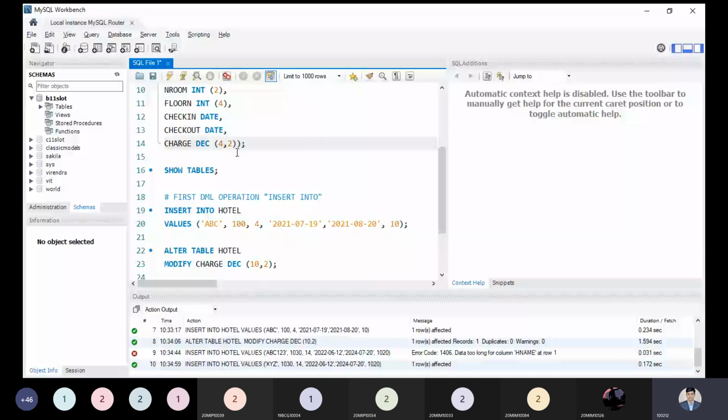Internally we were trying to update some information, but it was not accommodated properly, so I have to increase the size. By default, if I'm not specifying the decimal, it will take the mantissa part as 10. But I reduced it to 4, so that's why we are getting the error. It should be minimum 10 and your decimal part should be 2. So what I did is update this column's size from 4,2 to 10,2.